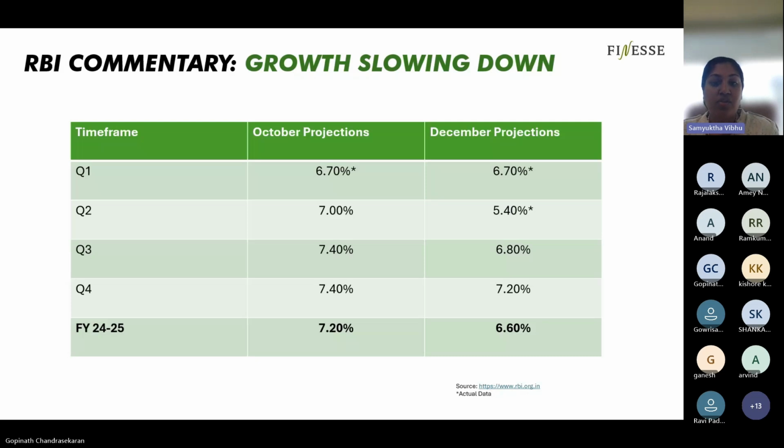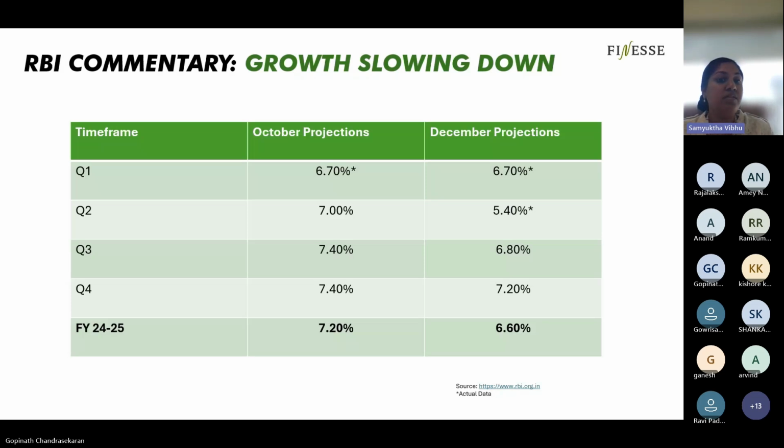But when we look at this difference, I think as investors, we need to be prepared for a situation where this slowdown is more prolonged and it's not only indicative of a few sectors. The second thing, if we look at, is that it's not just Q2 projections that got revised, right? It's your Q3, Q4, and even the projections for 2025, 2026 have undergone some revisions. And if you look at the overall difference, we were expecting, of course, 7.2%, which was a very optimistic estimate. Perhaps even if we were at 7%, it would have been all right. But if we look at where India is going to land up at the end of the year, it's only